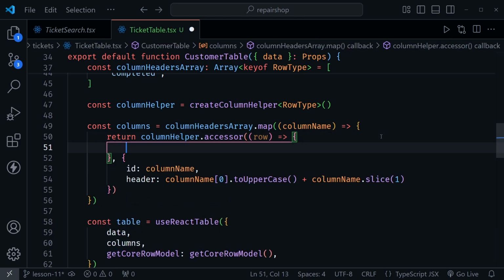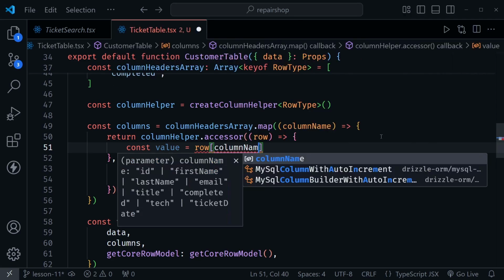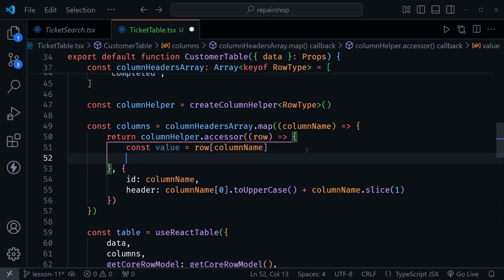Now we can do some things inside of this arrow function. The first thing I'm going to do is, once again just a convenience, define value. I'm going to set this equal to row, and I'm going to pass in the column name we have. That gives us the value that we're working with, and this will go through every value in the row. Now that we have that value, I can just use it instead of typing row brackets column name every time. But now I'm going to look to see which column we're currently working with. So I'm going to say if